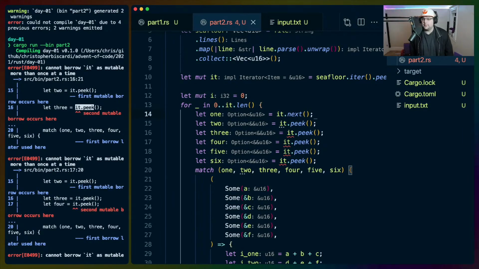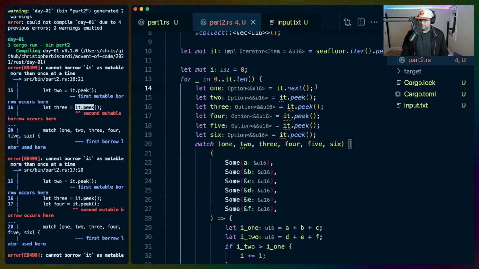Peek, I don't believe, needs a mutable borrow of the iterator, but takes one anyway. We could not use that there.